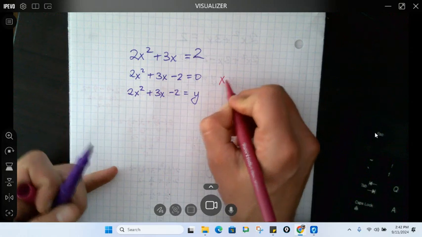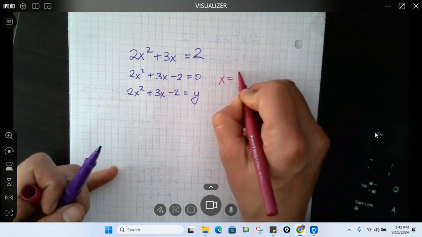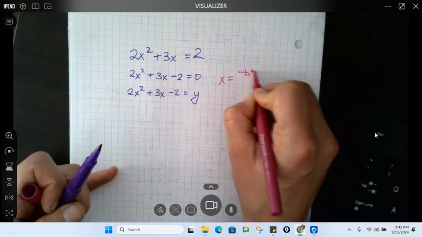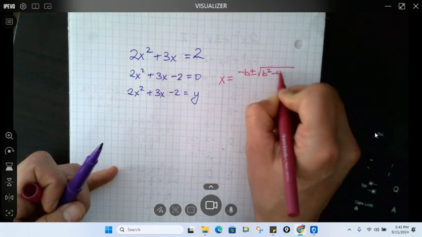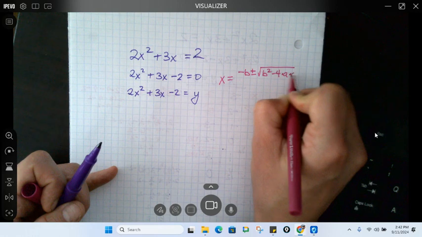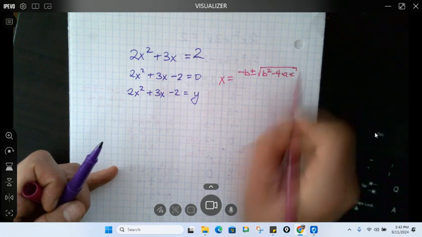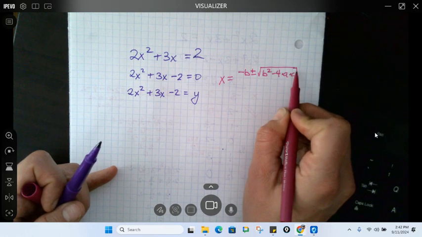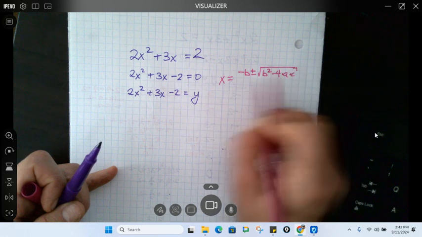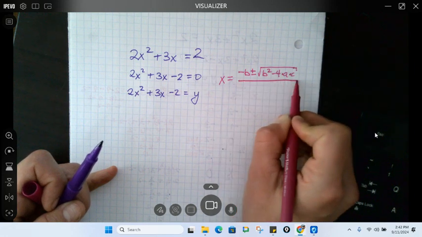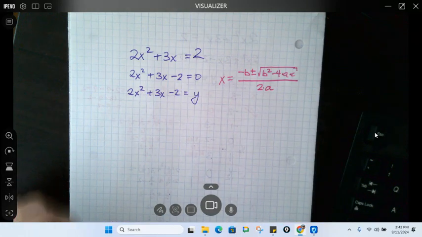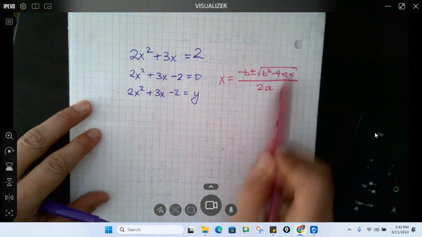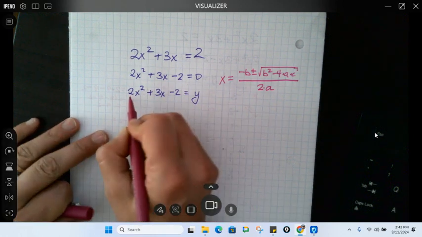But we are solving for x, so it starts with x equals negative b plus or minus the square root of b squared minus 4 times a times c. All of that is under the square root, so I like to kind of put a notch there to remind myself, like, hey, all of that is under there. And then it's all over 2 times a. So the quadratic formula has a, b's, and c's all over in it, so I need to identify my a, b's,